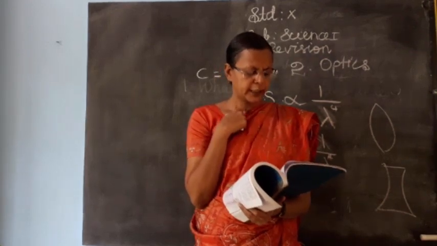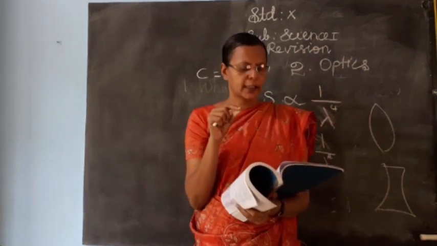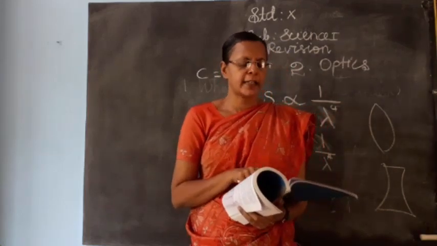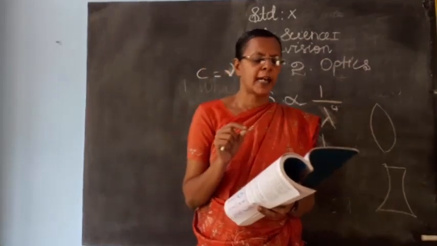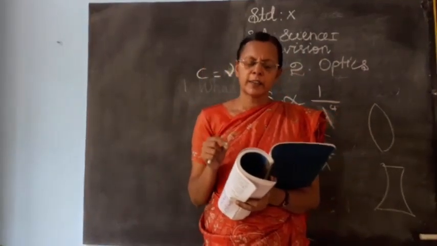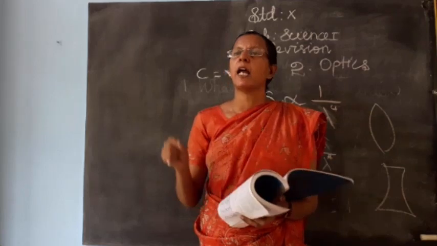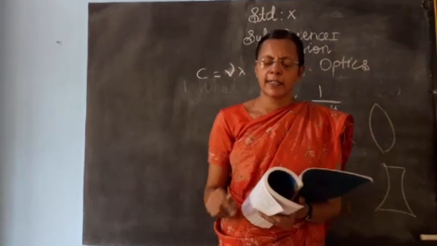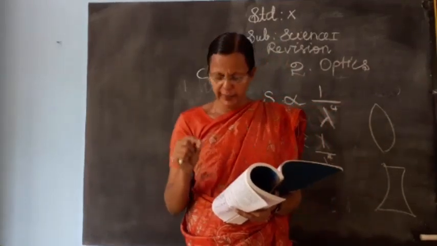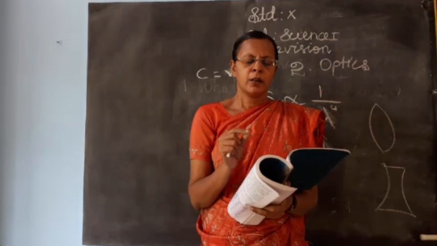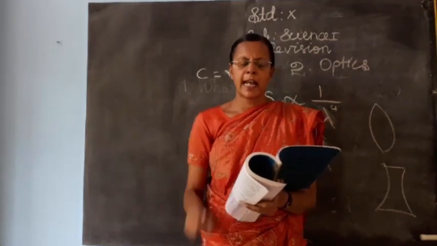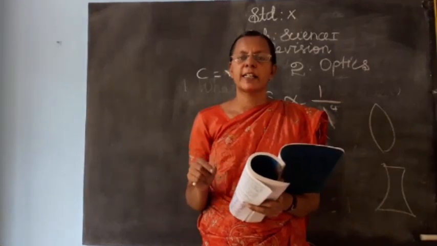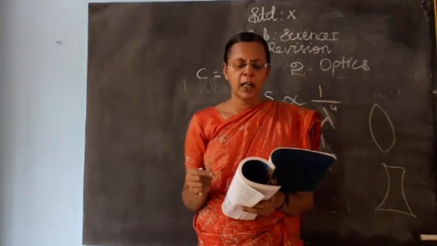Okay, next, different types of scattering are there: Rayleigh scattering, Mie scattering, Tyndall scattering, Raman scattering. Okay, Tyndall scattering, the Tyndall effect is there. Okay, what is the Tyndall effect? The scattering of light rays by the colloidal particles in the colloidal solution is called Tyndall scattering or the Tyndall effect. Important question. Next, page number 19, second paragraph. Okay, first column, second paragraph. The scattering of light rays by the colloidal particles in the colloidal solution is called Tyndall scattering or the Tyndall effect.